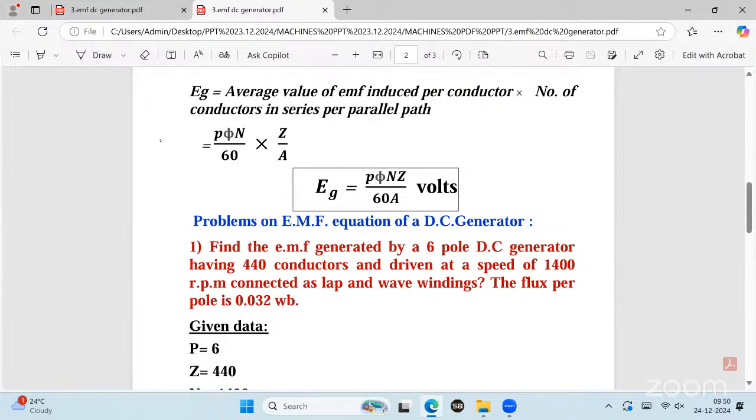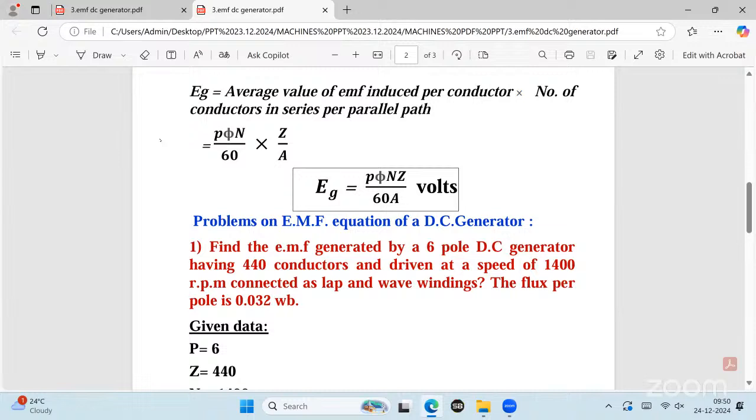Find the EMF generated by a 6-pole DC generator having 440 conductors and driven at a speed of